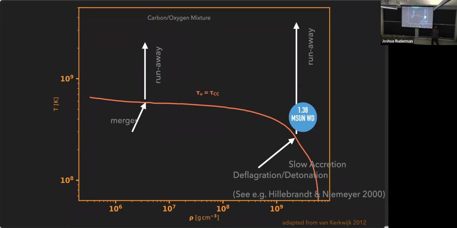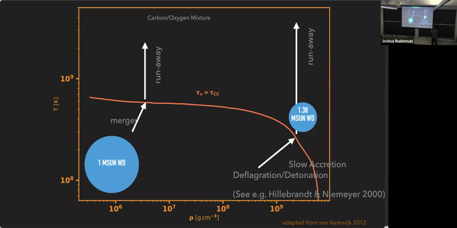You want to remind people what deflagration is? Oh yeah, that's a very good point. Deflagration is a flame where you preheat the fuel, like a candle, where the air moves up and you're heating the fuel before it reaches a flame point. That's subsonic burning. Detonation is supersonic burning. You have a shockwave racing through that immediately shoots the density up and burns the material there. So detonations make nucleosynthetically much more nuclear statistical equilibrium nickel-56. Please do jump in if there are questions.